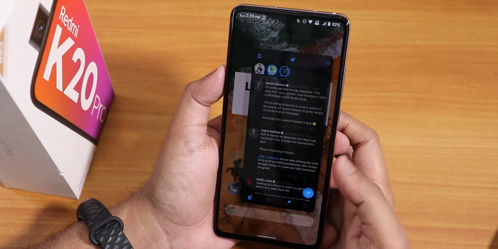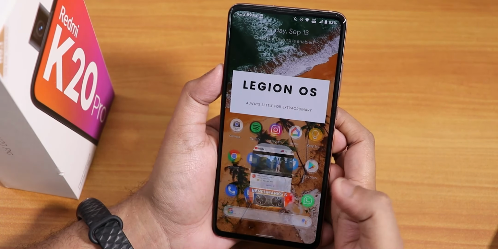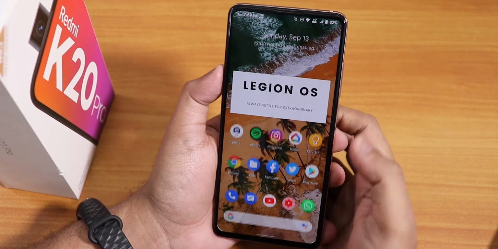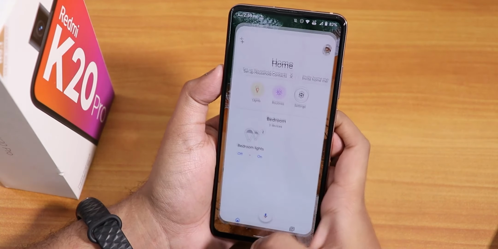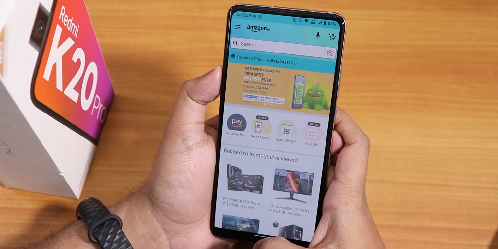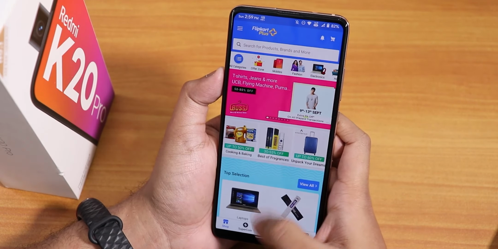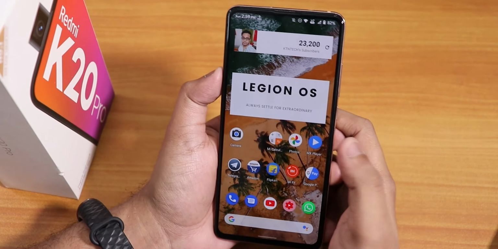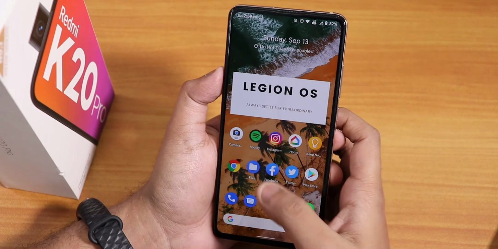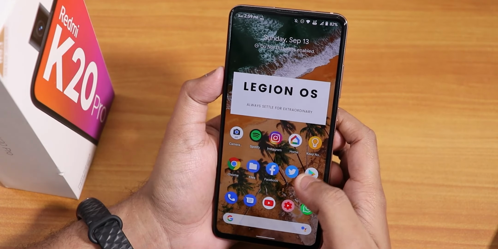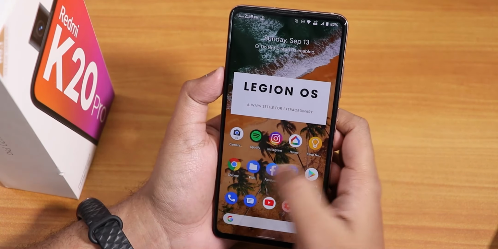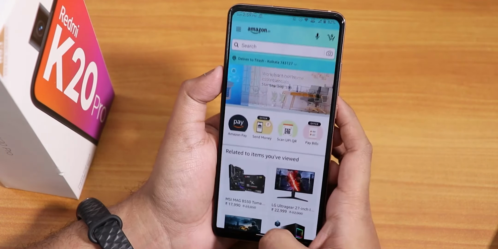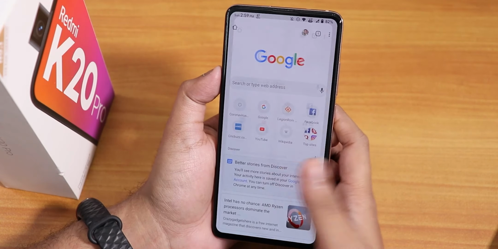So right now let's just open all of these apps from memory again. Facebook is in memory, Twitter is in memory, Play Store is still in memory, YouTube is still in memory, Instagram in memory, Google Home in memory, Amazon still in memory, Flipkart still in memory, Mayfit is still in memory. So all the apps do stay in memory, so no issues with memory management, at least over here. And the whole UI stays very smooth even when you have a lot of apps open. By the way, my Redmi K20 Pro is a 6GB RAM unit.